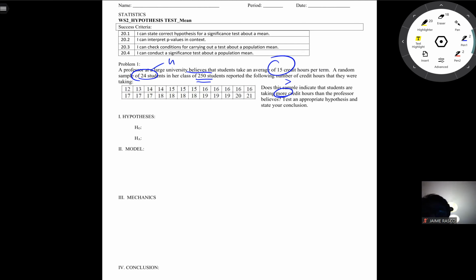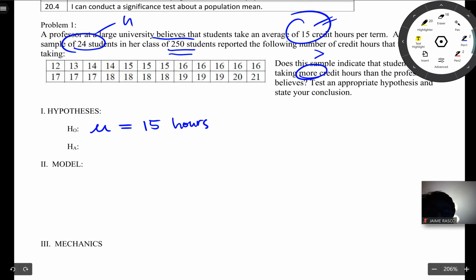First thing, hypothesis. So our null would be, see, the belief is 15, so the null hypothesis would be the mean is going to be equal to 15 credit hours. Okay, so we are going to say the statement would be, let me just make it bigger. The statement would be the